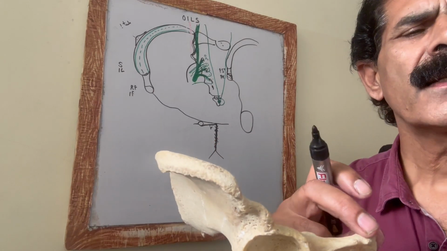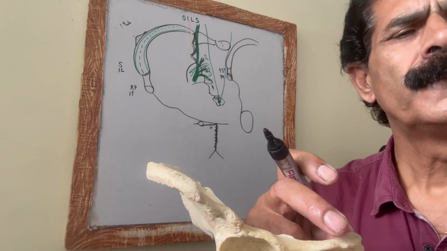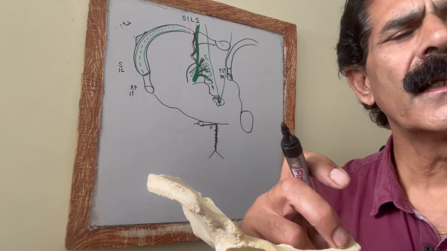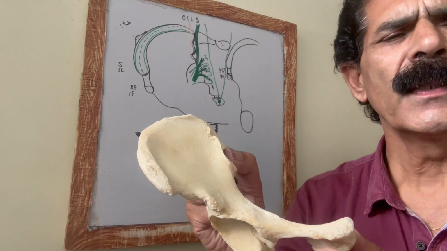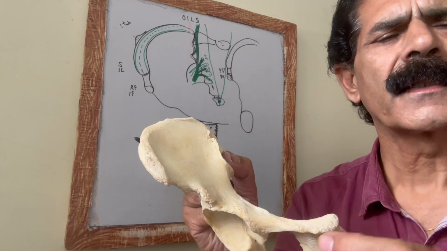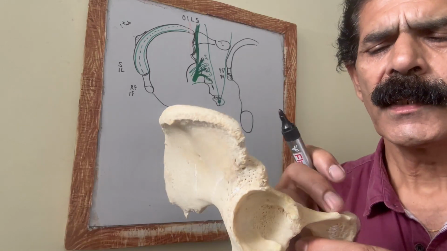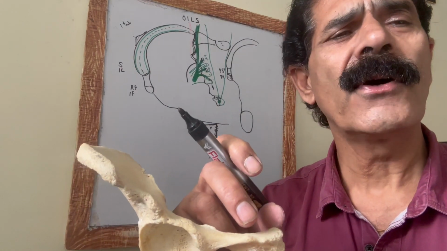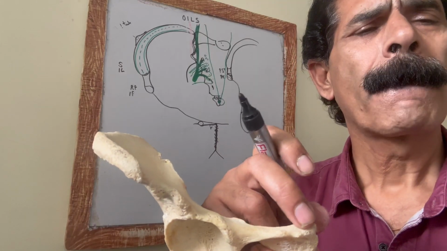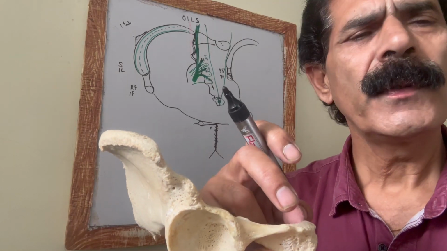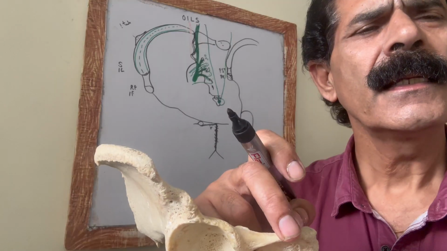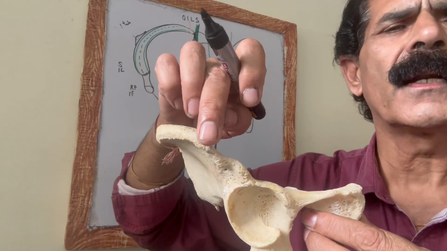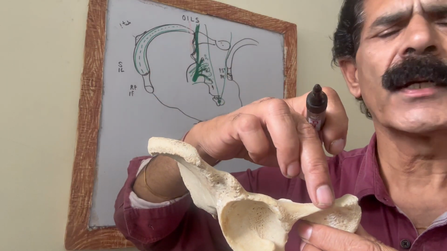The pubic crest gives the origin of the pyramidalis muscle anteriorly, then posteriorly the rectus abdominis muscle. So two muscles take origin, pyramidalis and rectus abdominis, plus it also gives attachment to the falx inguinalis, or what is called the conjoint tendon. Then to the pubic tubercle is attached the inguinal ligament, a 10 centimeter long structure, laterally attached to the anterior superior iliac spine and medially attached to the pubic tubercle.